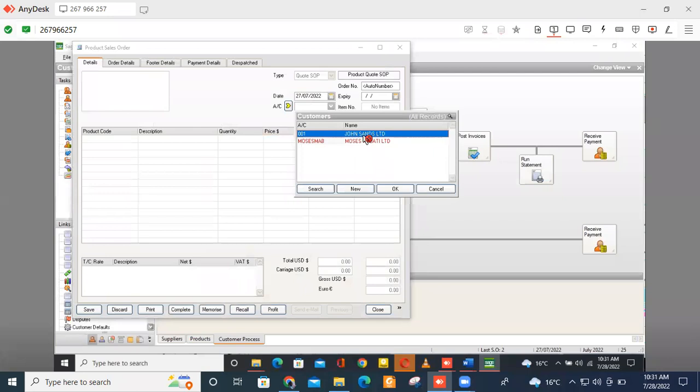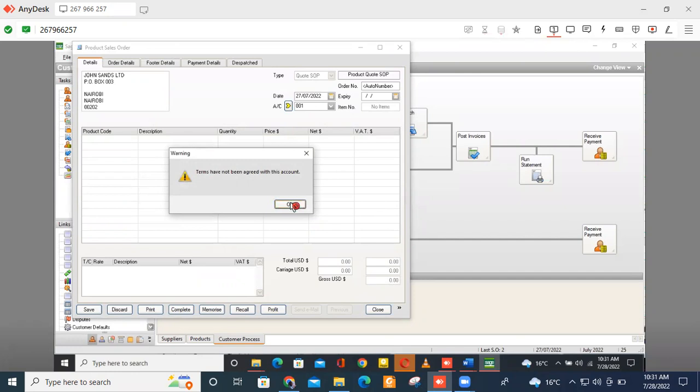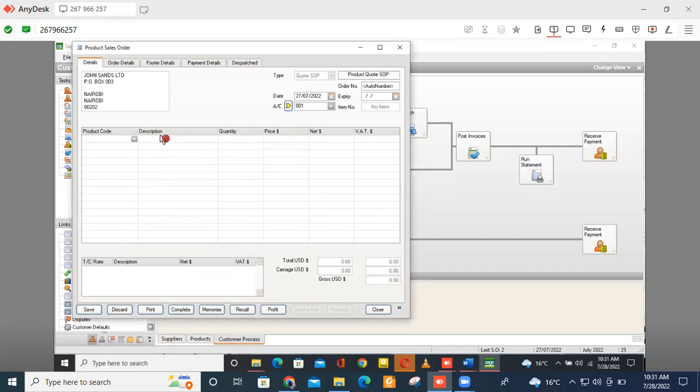Let us say we have John Sands Limited. You can select John Sands Limited, then you click OK. When you click OK, it will also notify you that this person has a credit limit. So you can just click OK if you want to proceed, or if you don't want to proceed, you